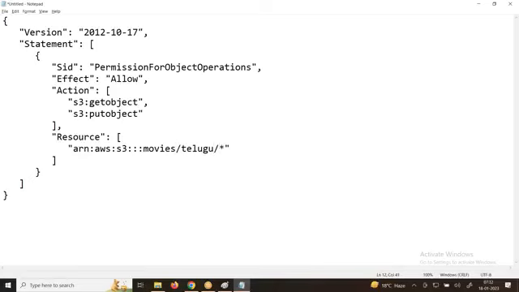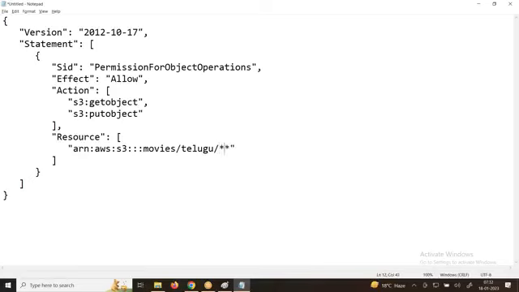Inside the bucket named movies, there is a folder called Telugu. Inside that folder, I can provide access to all the movies. In the Telugu folder, I have movie MP4 files and song lyrics in txt files, and I want to provide access so these people should not download the movie, only the text file.